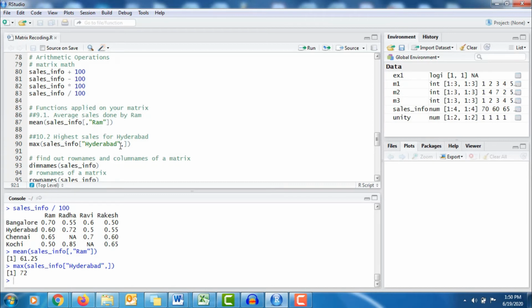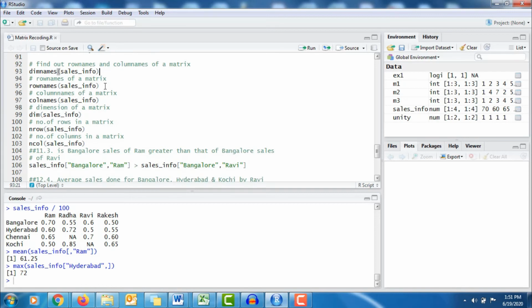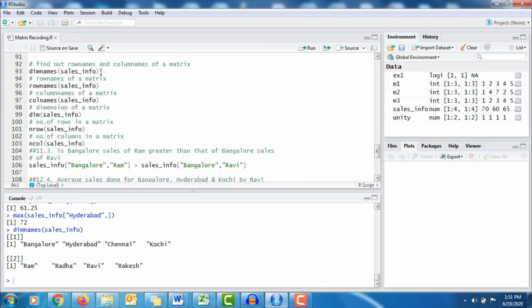Now let's learn how to find out the row names and column names of your matrix. In that case, the first function is the dimnames function. The dimnames function will give you row names as well as column names for that matrix. So you can see that first is your row names followed by your column names.